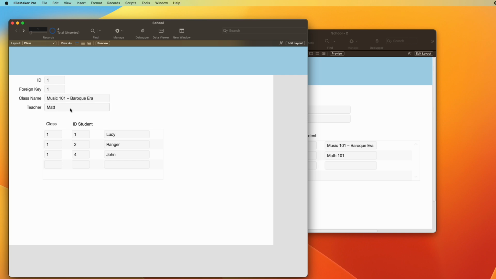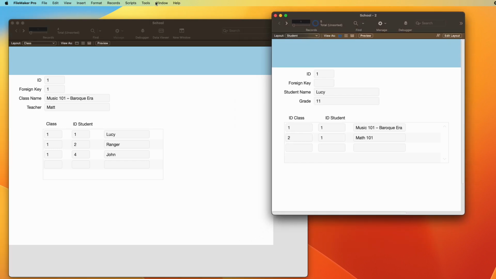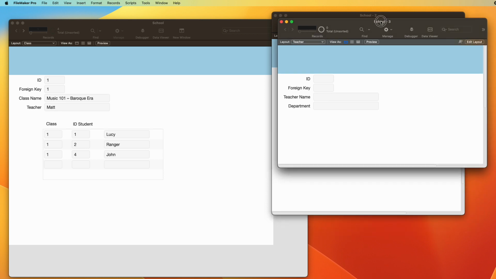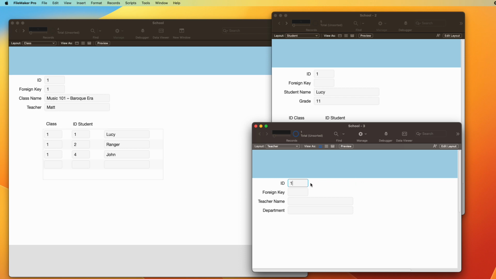rather than storing the name of the teacher, let's bring up one more window here for our teacher table. And if we have teacher number 1, Matt, who's in the music department, teacher number 2, let's give these people names too. I'm just going to say I'm a music teacher. And then let's see, Mr. Ebby is going to be Mr. Joseph Ebby. Okay, and he's in history? No, math. I get that confused because Mr. Ebby was actually my high school history teacher, and I don't remember his first name. Okay,